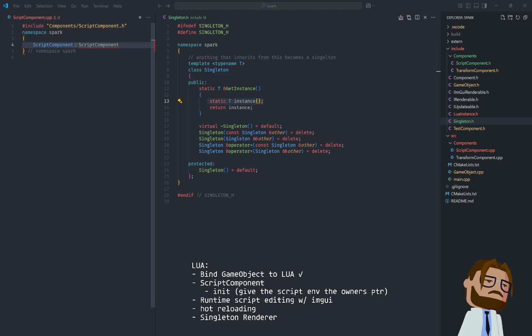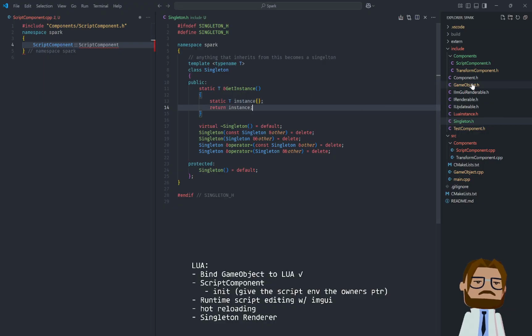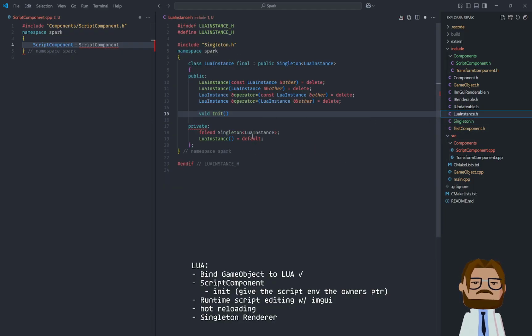Yeah, okay. So, local static instance, right, of type T, then we give it, and then that's the instance that we keep using. Go back to Lua instance. Here we need a public init, right? Init is going to